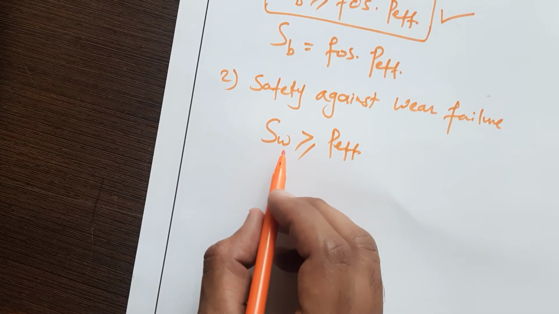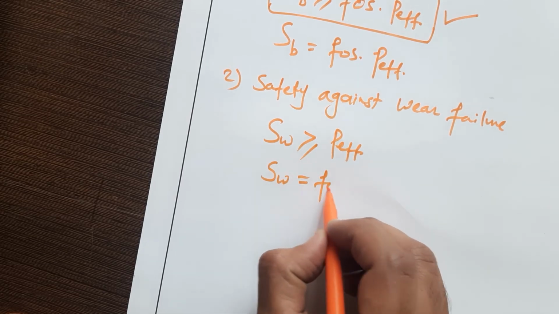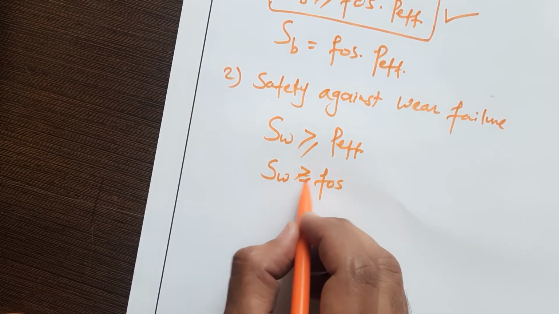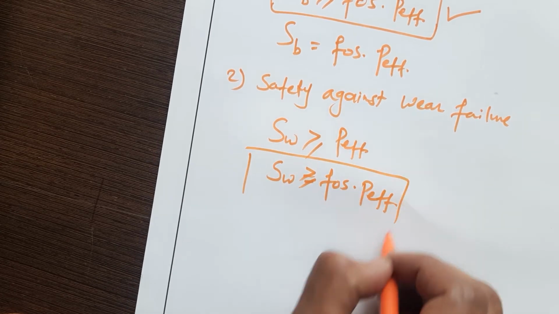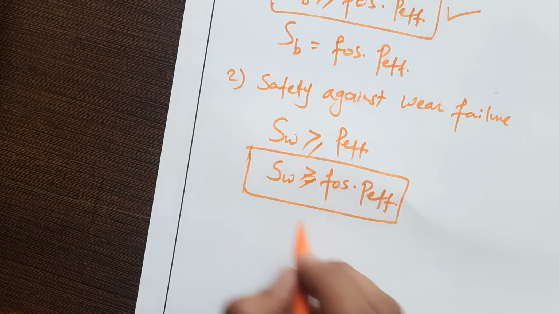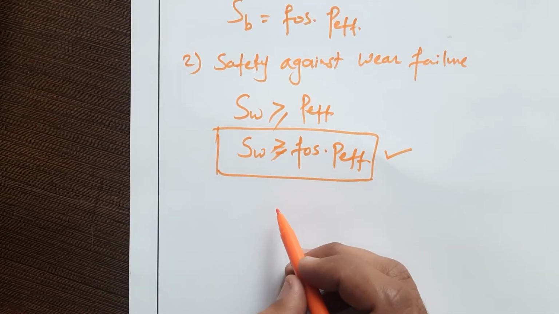If you are introducing your factor of safety, your wear strength should be greater than or equal to factor of safety into P effective. So if this condition is satisfied, then only you can say that your gear pair is safe against wear,